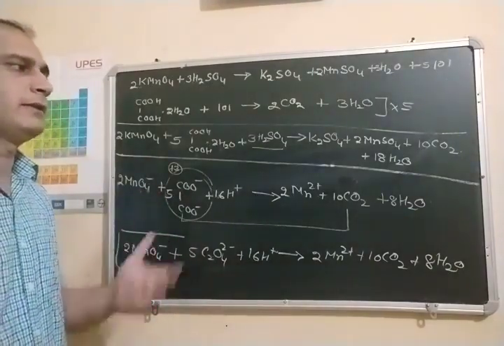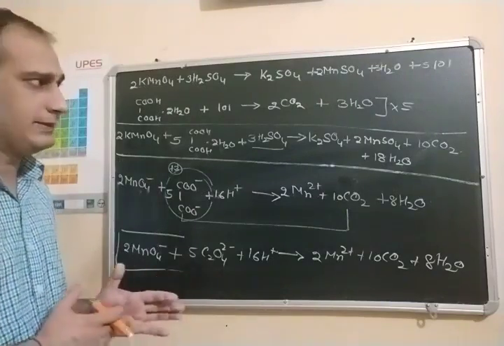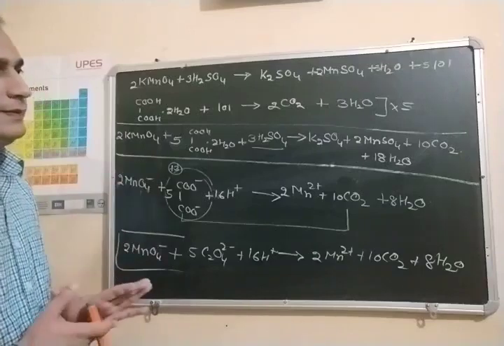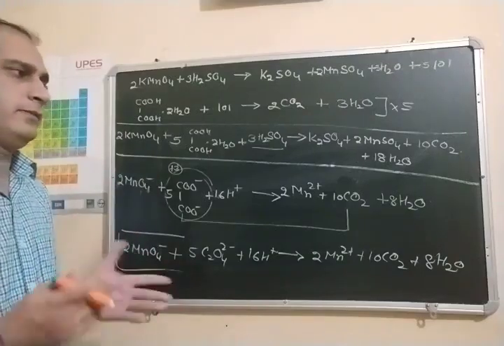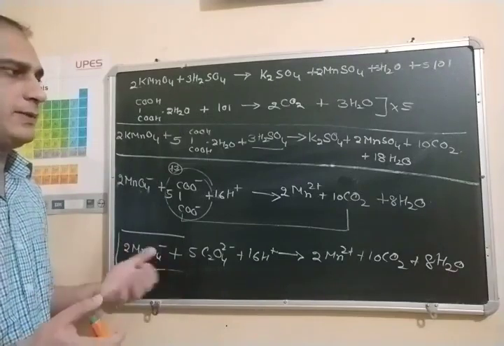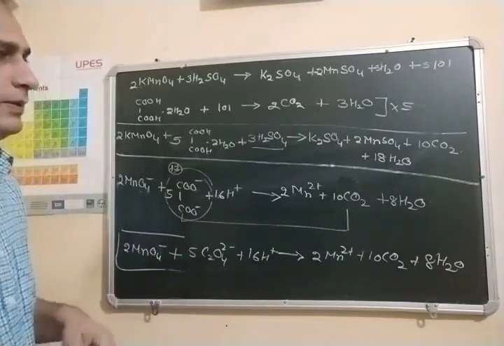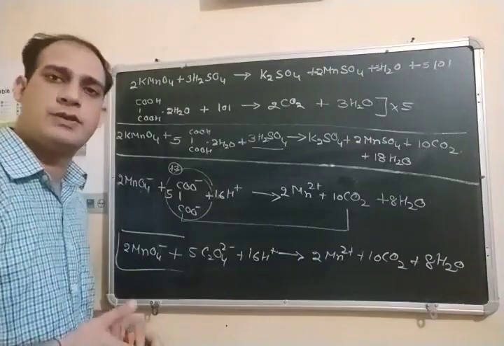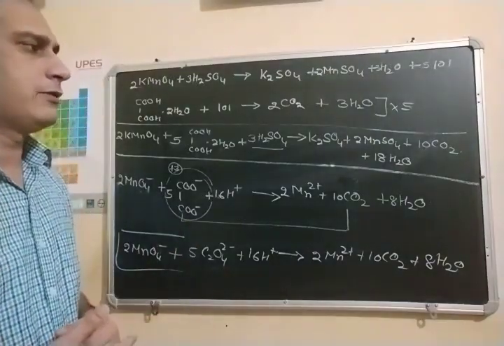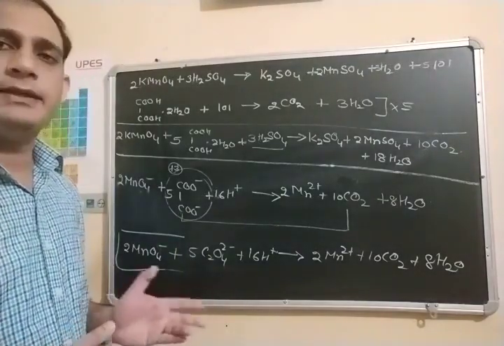You have the titration of oxalic acid with KMnO4. So these equations are important from the practical point of view as well as from the board point of view. These chemical equations are the most important chemical equations. Now we will find out the equivalent weight of potassium permanganate in acidic medium.